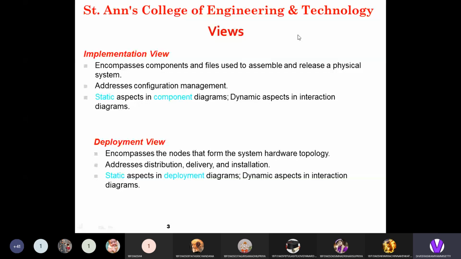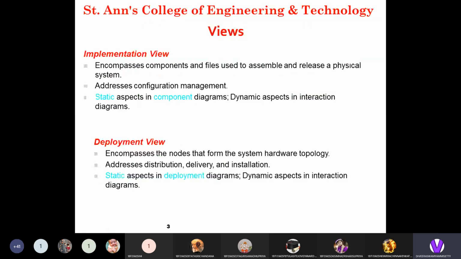So it encompasses the nodes that form the system hardware topology. Deployment view addresses the distribution, delivery and installation mechanism of the system. In static aspects, deployment diagrams are used. In dynamic aspects, interaction diagrams are used. So that is deployment view.